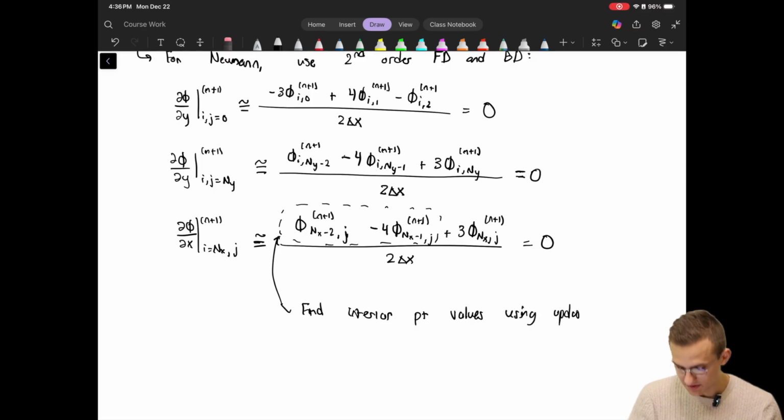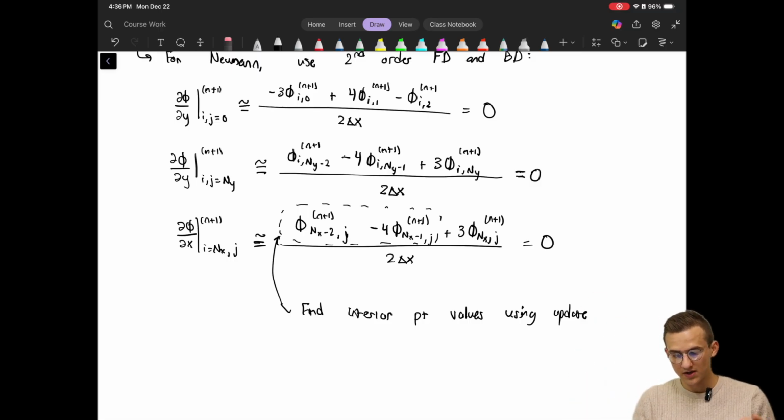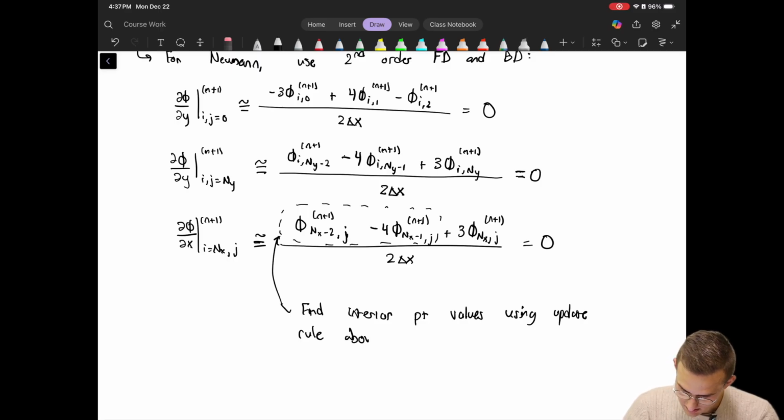So the first thing you do, at any time step, you have all the boundary values and everything, right? Then you use the update rule above to update all the interior points, and then you take those interior point values and you use them here to update the boundary point values as well,